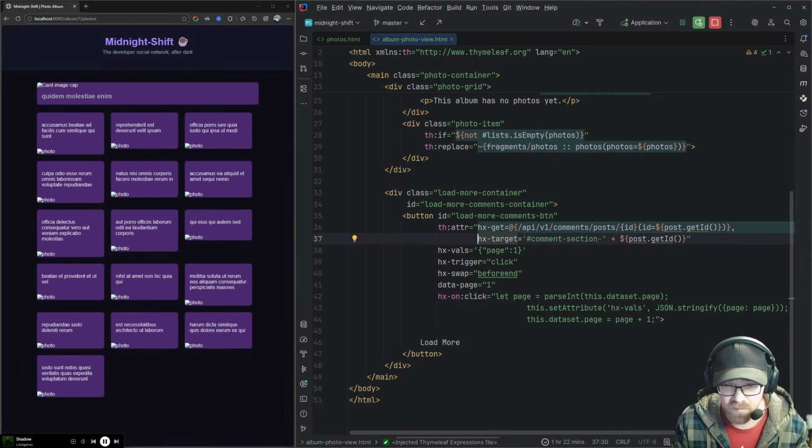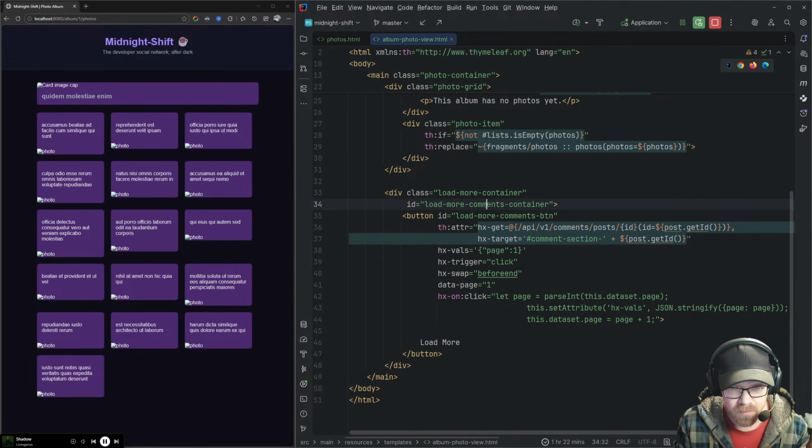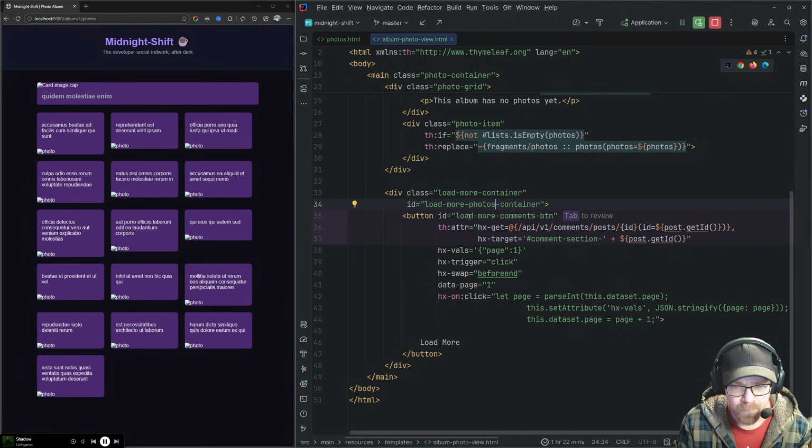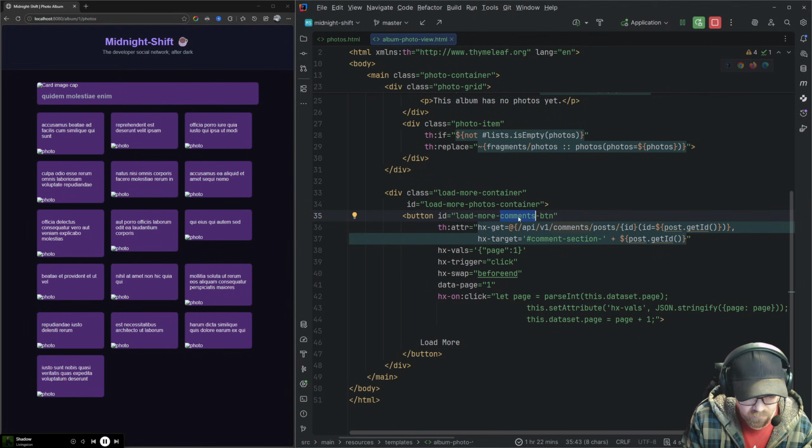Okay, so load more container. This is going to be ID of load more photos container. The button ID is going to be load more. You know what? I'm going to keep it the same ID, same button.